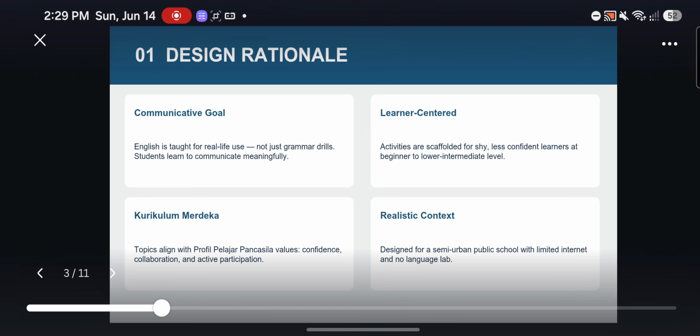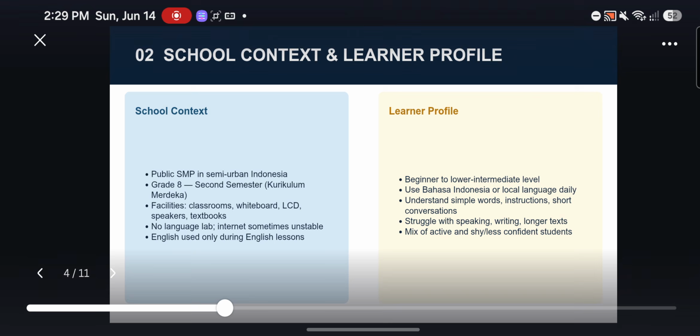And fourth, I made sure the design is realistic. The school has no language lab and sometimes unstable internet, so all activities use printed material and the teacher's voice, nothing that depends on technology. Next,